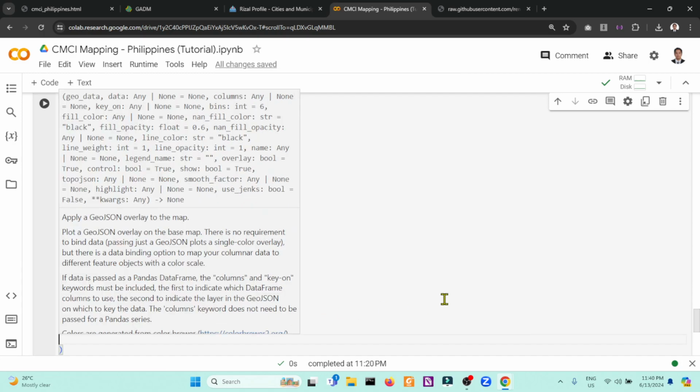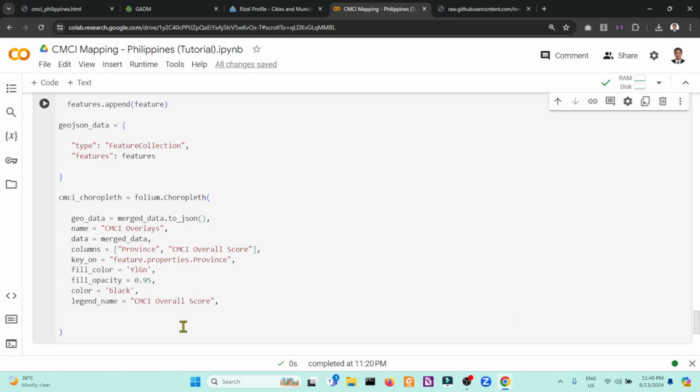Then after you define a specific choropleth, you need to add it to the m, which is our instance of the map. This line explains that a choropleth object will be assigned to the m variable, which is our map, which will effectively render our choropleth layer inside a map.